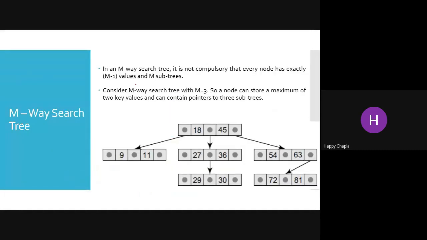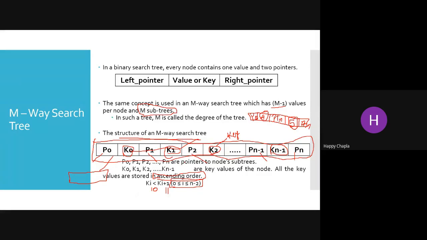So see over here, how many elements you can store in one node, how many pointers you can store in one node. Now your node is not something like this. But if we are considering the node in an m-way tree, that means it can contain more than one key value, whatever data you are trying to store, and more than one pointer, which can point to the next level nodes. And here all your leaf nodes are at the same level. So in this m-way search tree, we are starting from the leaf to the root. We will first create the leaf node, and after that design its root.